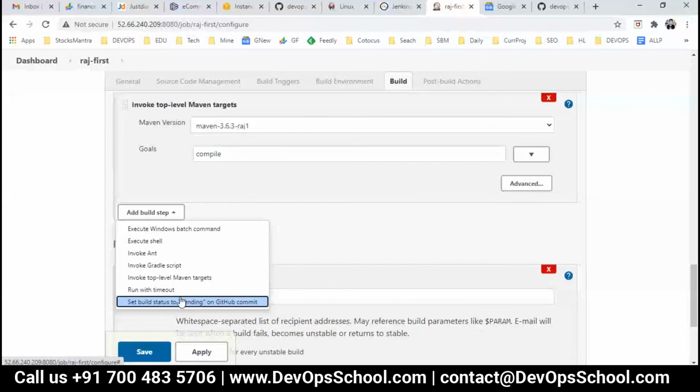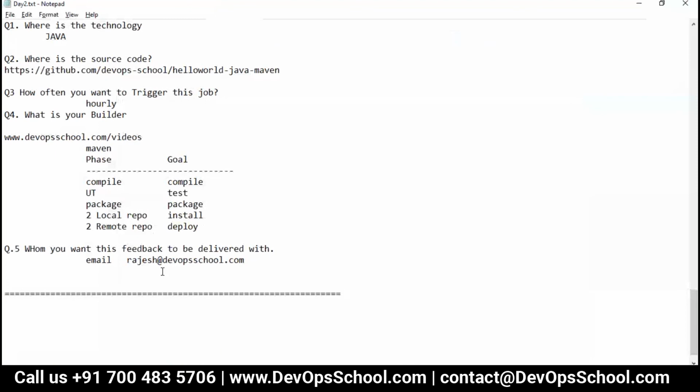Actually, here a very limited number of options are there. I checked one Jenkins configuration where there were a lot of steps, and I was not aware of all those steps. Those are like the more plugins you install, the more you get. Okay, so the first thing is now assignment number 1.